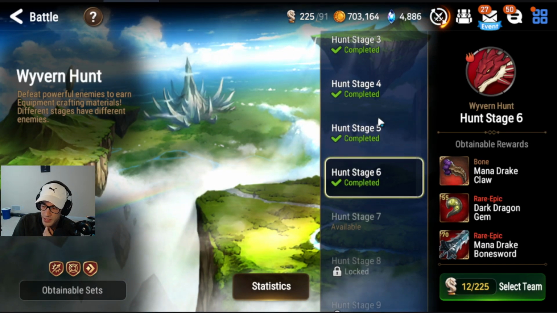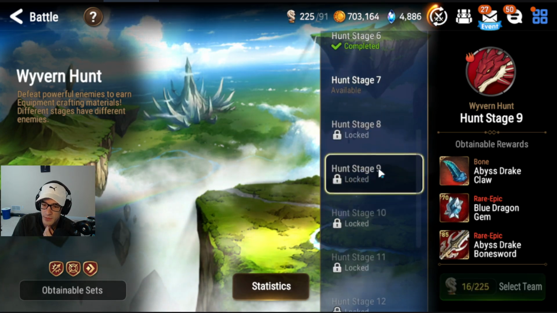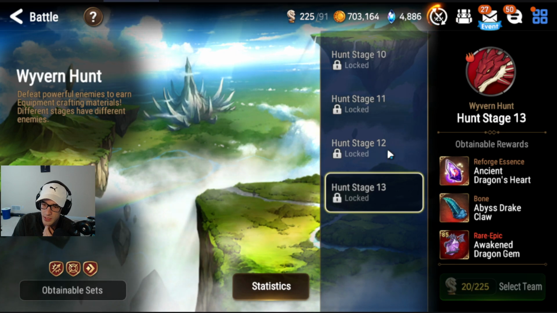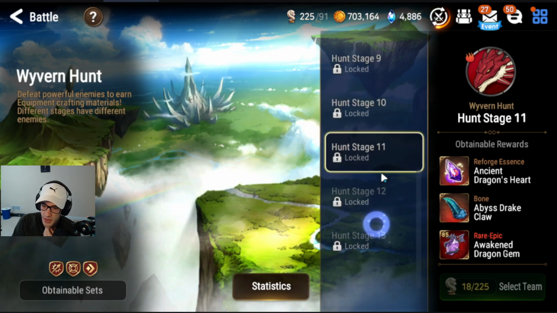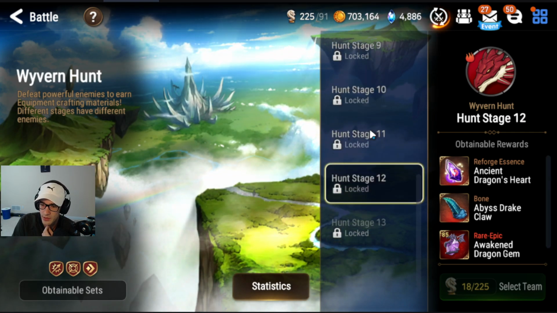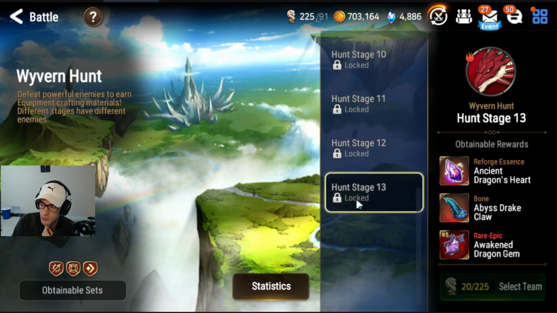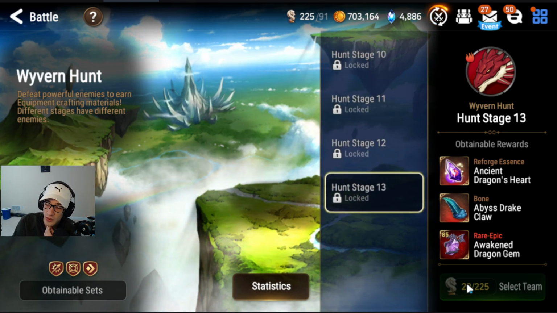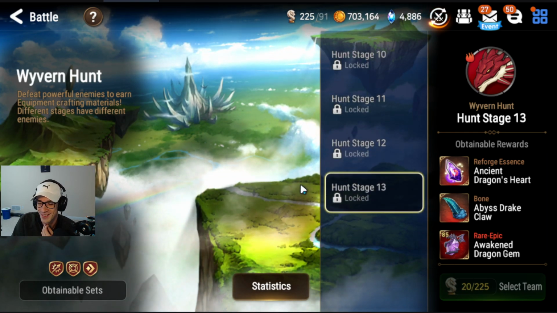So the thing with hunts, I'm going to tell you guys right now, just in case you fall off and stop following the guide, you do not want to farm any kind of Wyvern below Wyvern 13. You can get to Wyvern 13 extremely quickly, and you get worse rewards for 11 or 12, and it's the same stamina cost, so you want to get to 13. Actually, it's not the same stamina cost. Okay, well, for 2 extra stamina, you get way better rewards, so...